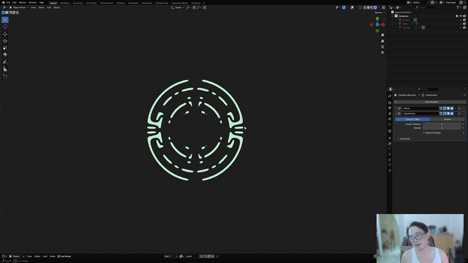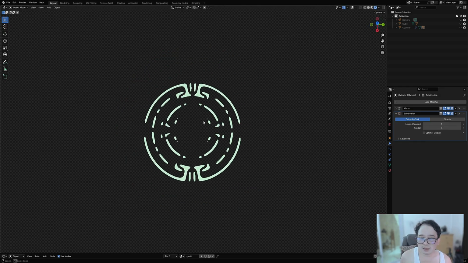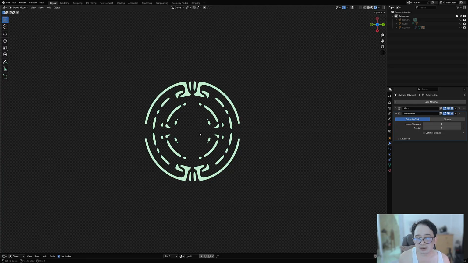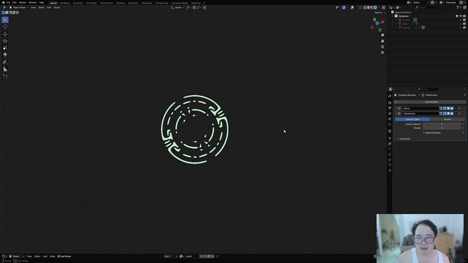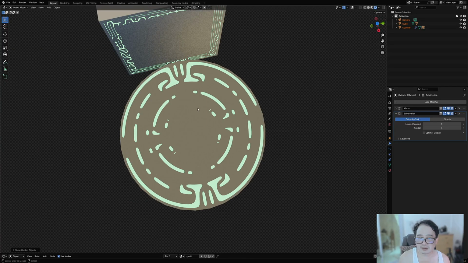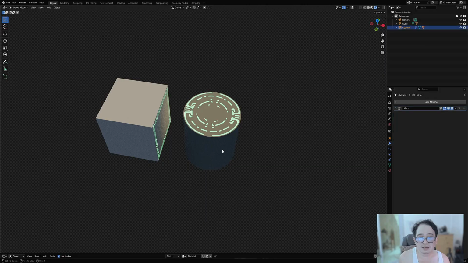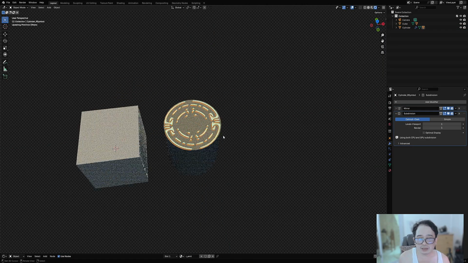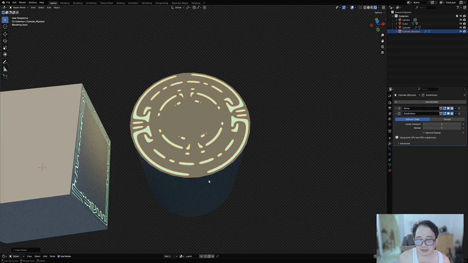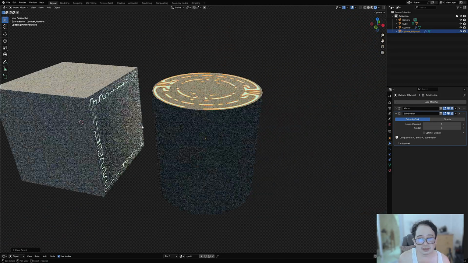There we go. Now you can put this into your model as a decal, or as a random symbol. Okay, this is parented. Let's unparent it, and